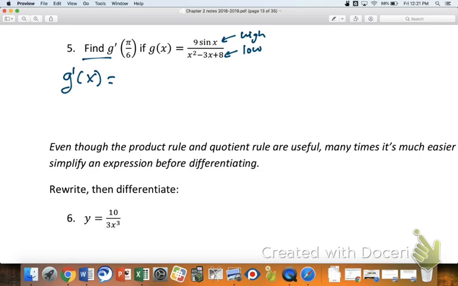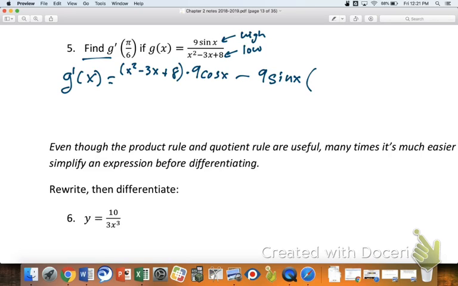Kind of compare. So low is just going to be the polynomial, the denominator there. So we're going to go parentheses x squared minus 3x plus 8. I'm sure you realize this, but the parentheses really have to be there. It's not really an option. So there's low, d high. What would d high be? 9 cosine x, I agree. So there's low d high minus high, which would be 9 sine of x, parentheses d low,